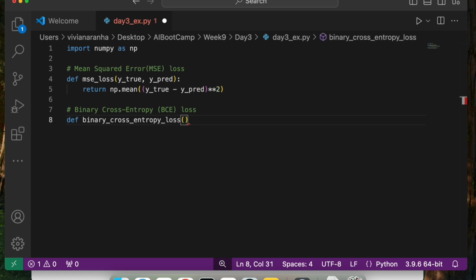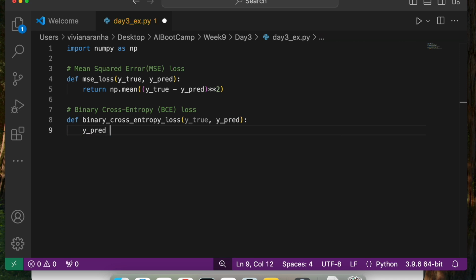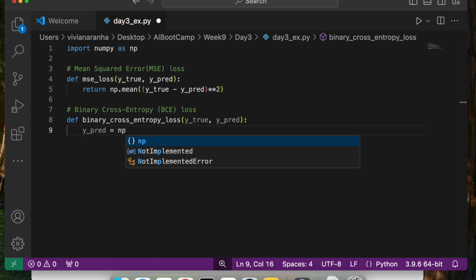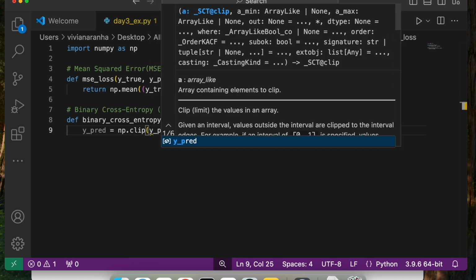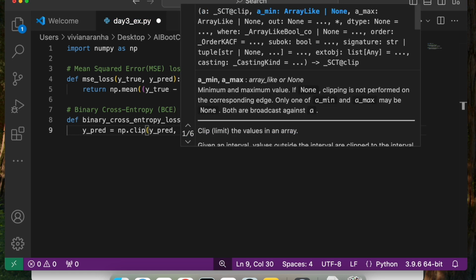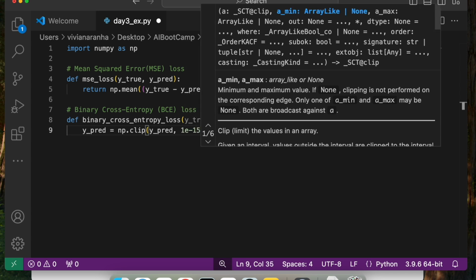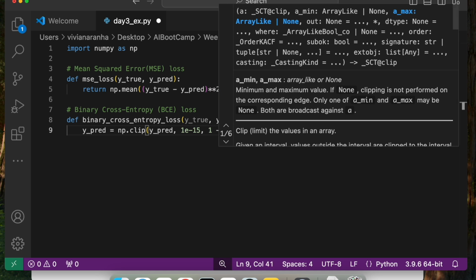Again, it takes the same y_true and y_pred as input parameters, and it does some manipulation with y_pred where you clip y_pred. This is to prevent log of 0, and we clip between 1e-15 and 1 minus 1e-15.